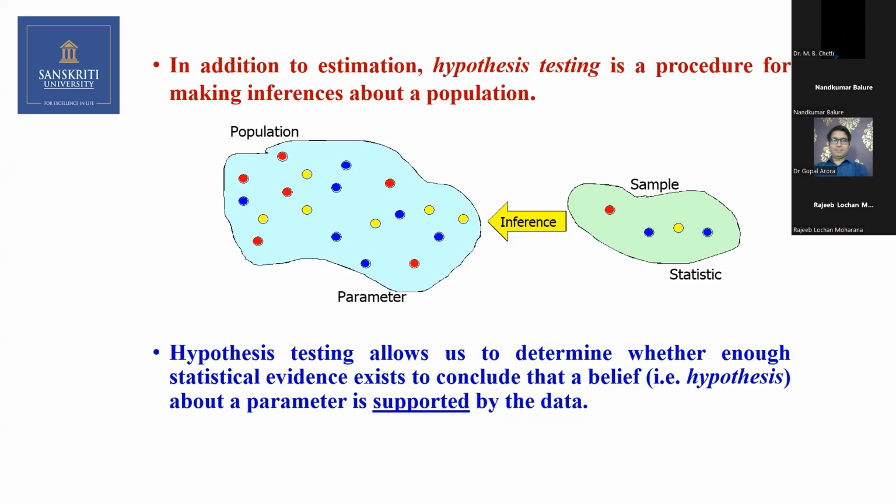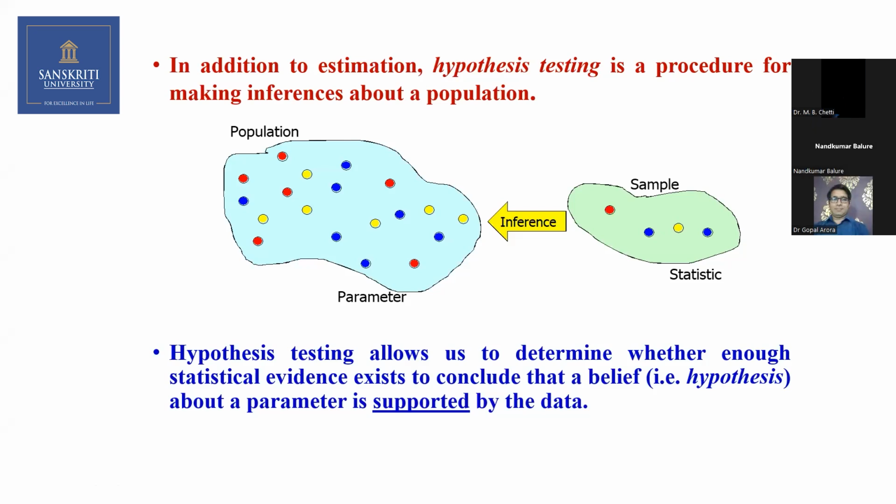Any characteristic of the population is known as a parameter, and a sample characteristic we call a statistic, not statistics, statistic. So through the sample mean, suppose I would like to know the average height of the Indian population. What I do is I take a representative sample from each country, each state, or from some parts, and taking the average of those 100, I can say that this is the general height of the Indian population. That is what I mean by statistic to parameter. We are going to infer from statistic to parameter.